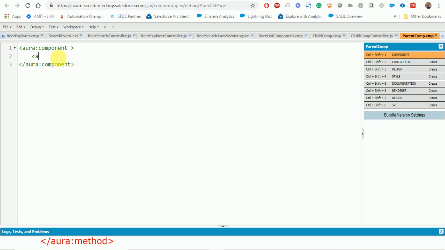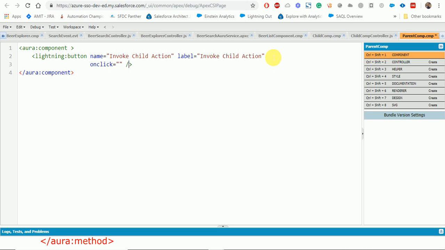Here we will just create a lightning button, the name will be invoke child action, the label will also be the same, and then on click of the button we'll call a method that is named doClick.